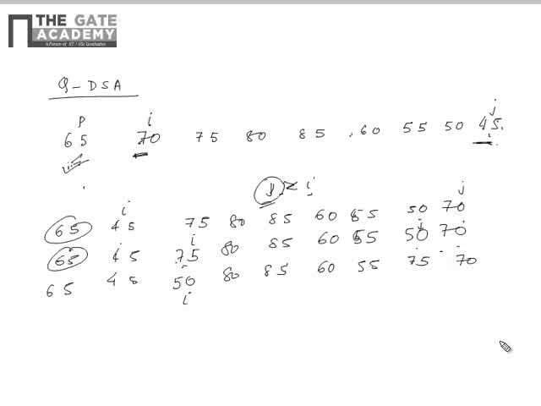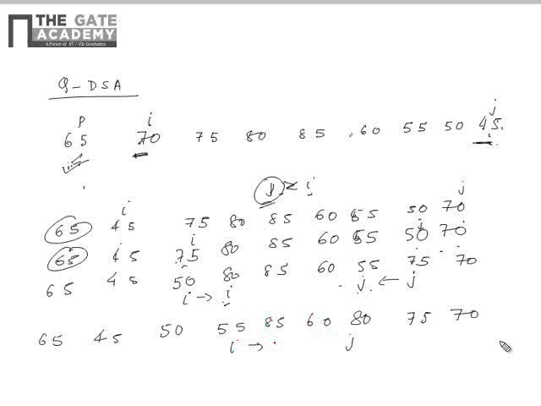Now I will be pointing here and j here. Again I increments and j decrements. Now again the condition is violated: a of I is greater than the pivot element and a of j is less than the pivot element. We check whether a of I is less than a of j. It is not, so we swap those values. Now 55 will come here and 80 will come here, so it will be 85 and 60.